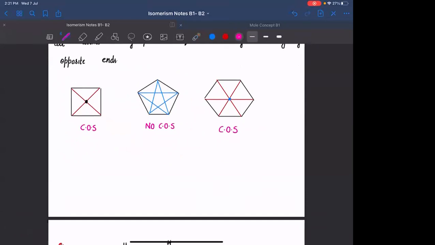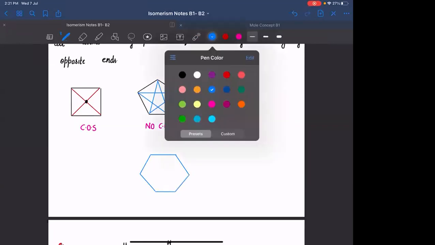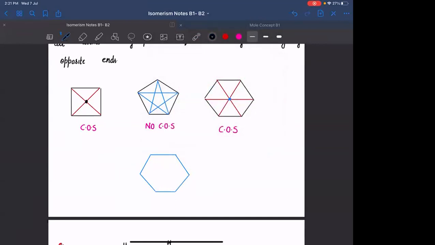Let's also understand once what checking means. If I am having a hexagon or a compound which is having 6 carbons, you are having 2 groups, there will be 2 other groups, here also you have 2 other groups.